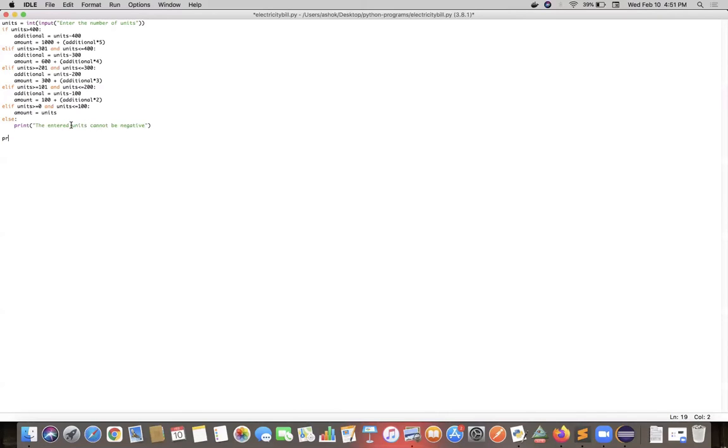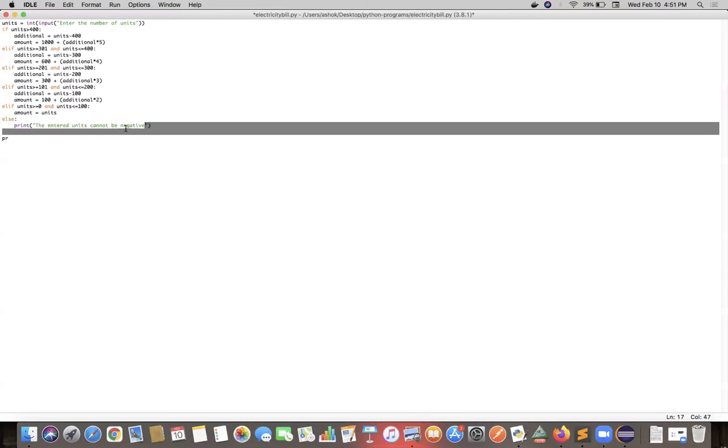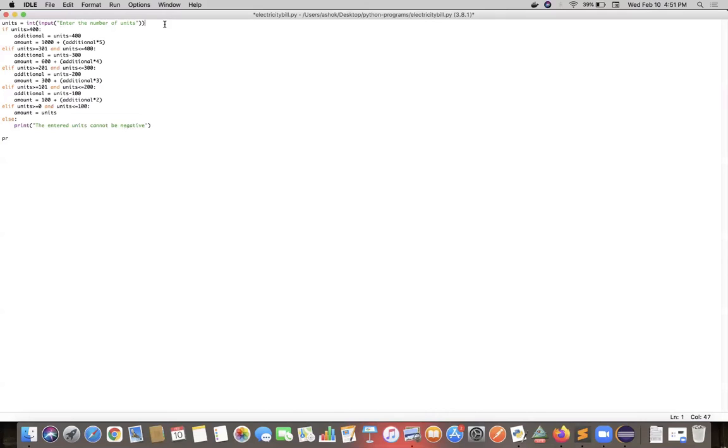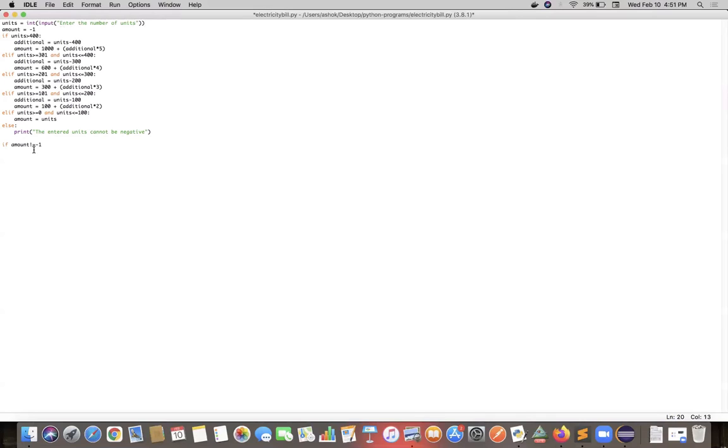If you don't want to tell the user the amount payable message when negative units are entered, then what we can do is set amount equal to -1 as the default value to start with. Then you check simply if amount not equal to -1, then you can print the amount payable is amount. So why am I teaching you guys these approaches? This type of thing can be useful in future programs,